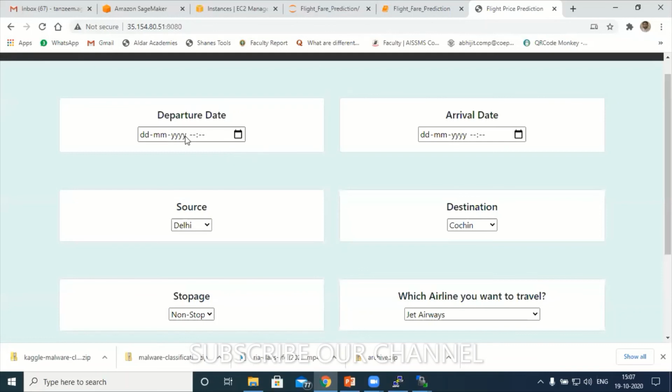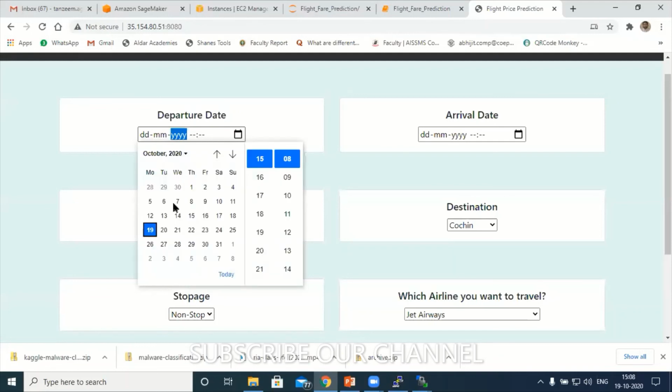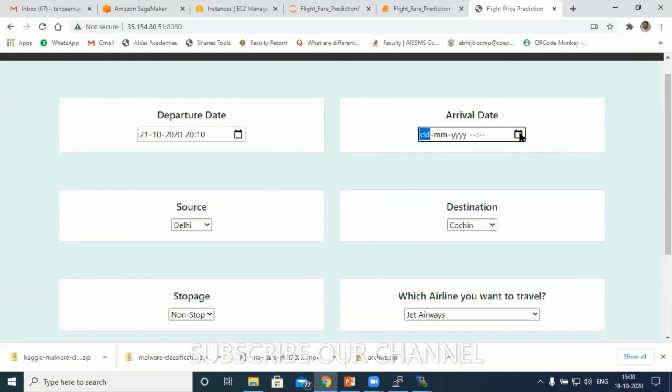Okay, so now next, first departure date. Let's have departure date be, let's say, 21. This is for date and time, hour and minute. Let's say 2010. Next, in the same way, arrival date.